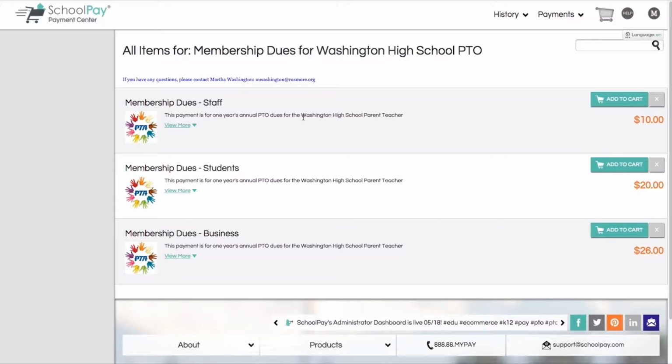The primary method for collecting online payments via SchoolPay for nonprofit organizations is through multi-item pages. Your organization can create as many multi-item pages as desired. We will review this process shortly. To use multi-item pages, nonprofits can simply take the URL associated with their organization's multi-item pages and link them to